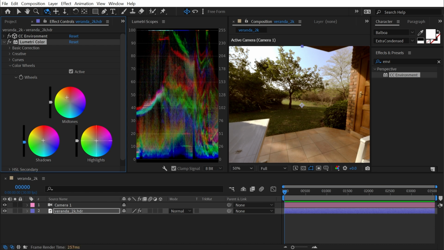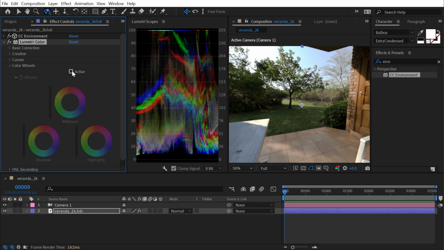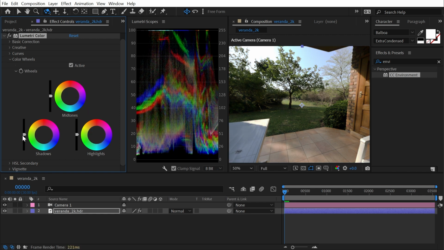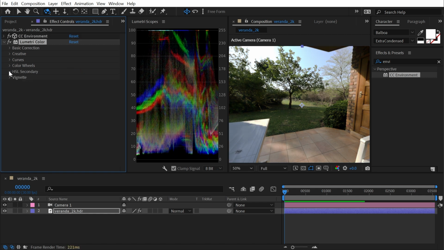Then we have the highlights. I'll grab that and increase that towards the yellows until I get something that I'm happy with, and then maybe brighten that up just a little bit. So this is before and after. All right, I'm gonna reset all of these, and then we'll move on to the next section, which is HSL